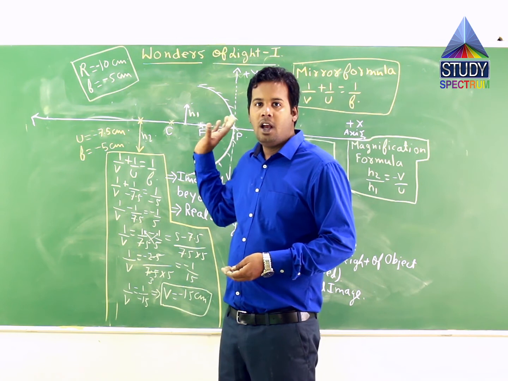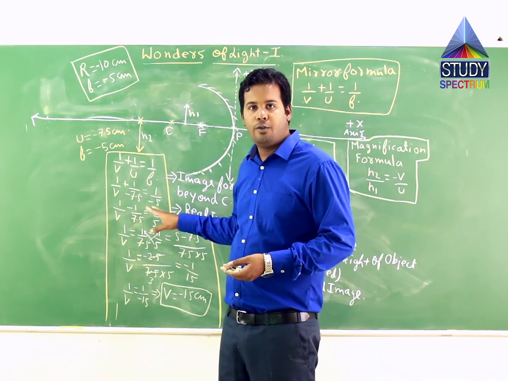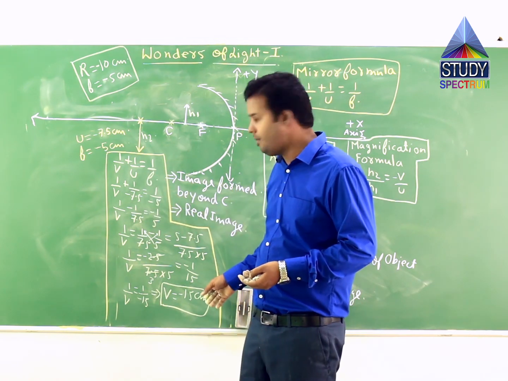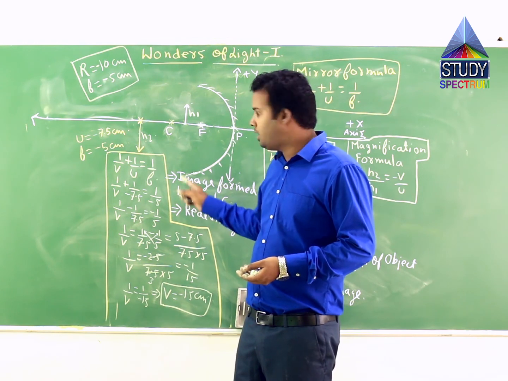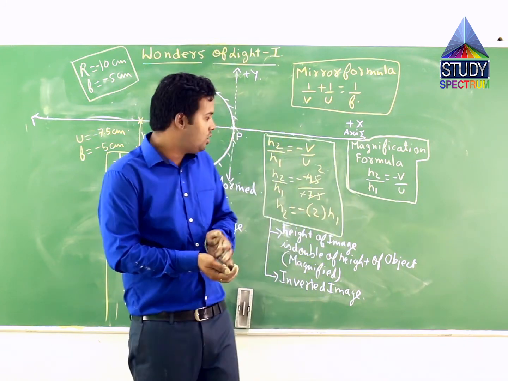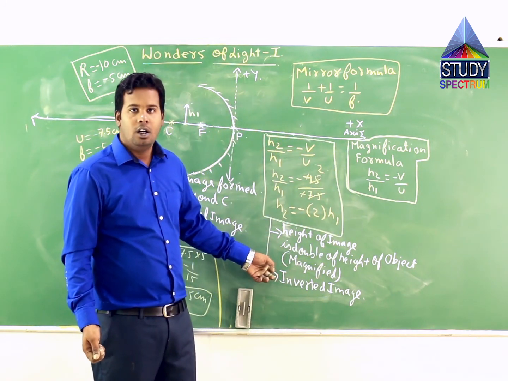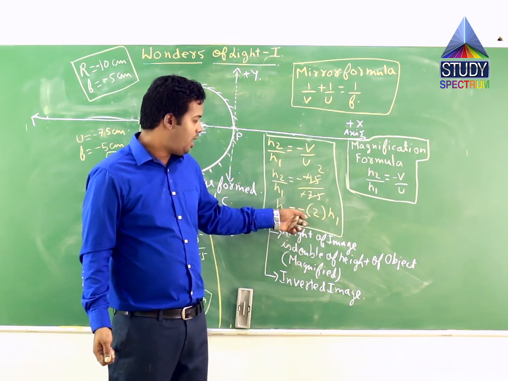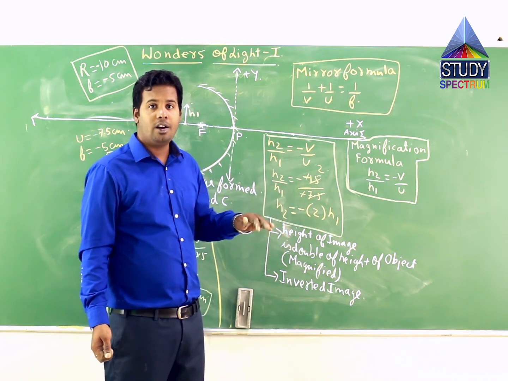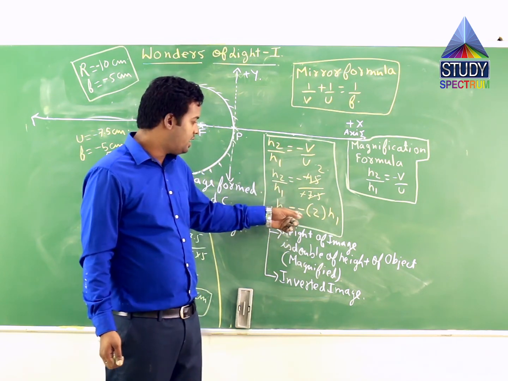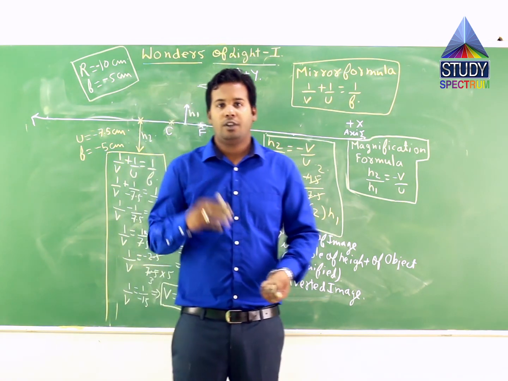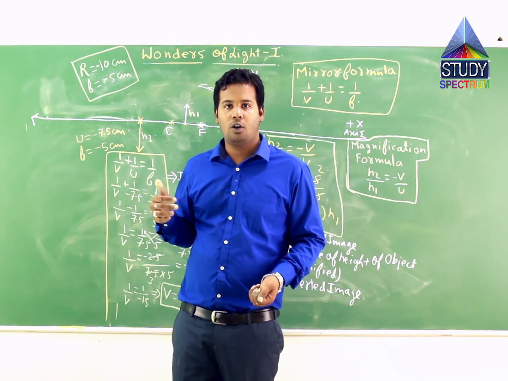In the same fashion as we have seen in the earlier cases, we have found four results using two formulas, two from each. The first formula is the mirror formula, which you can see over here. We have got two results by calculating the value of v using the mirror formula, and the other two results we have done here, that is h2 was coming out to be minus 2 times h1, so the height of the image was double the height of the object, or in other words magnified, and since it is coming out to be negative, the image is inverted. So this was the fourth case of the position of the object placed in front of the concave mirror.